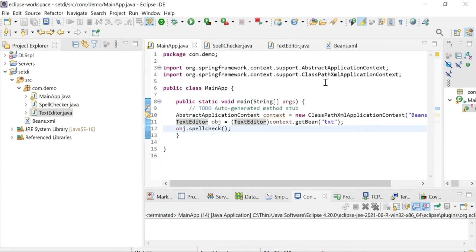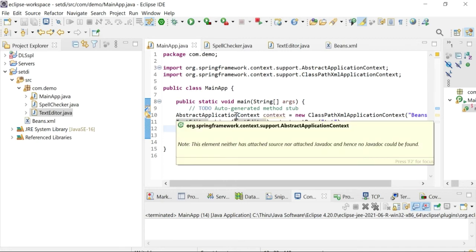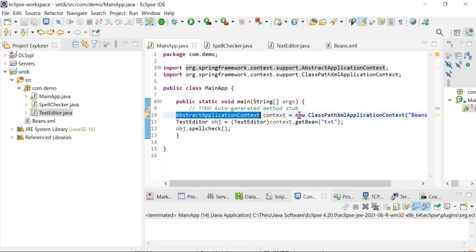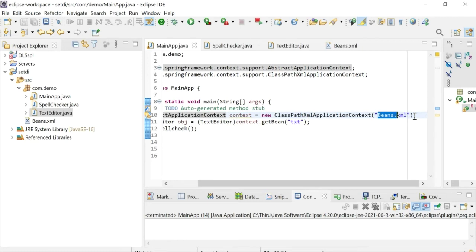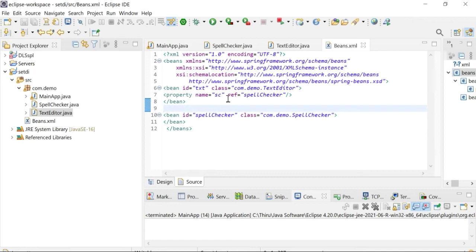How does it go? Initially the control comes here. The abstract application context is created. When it is created, it reads the beans.xml file, and it creates two beans. One is text editor and the other one is spell checker.